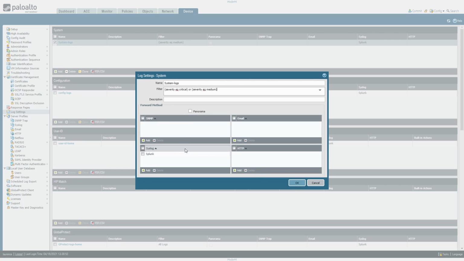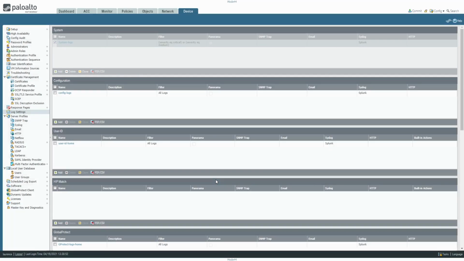Okay, severity EQ medium, yep. And then that would appear there, and then that would then forward logs from the system log that are medium or